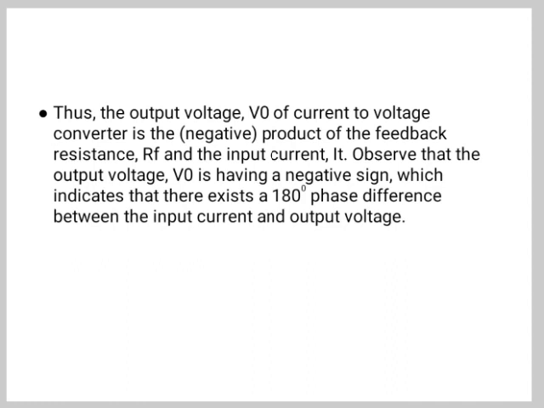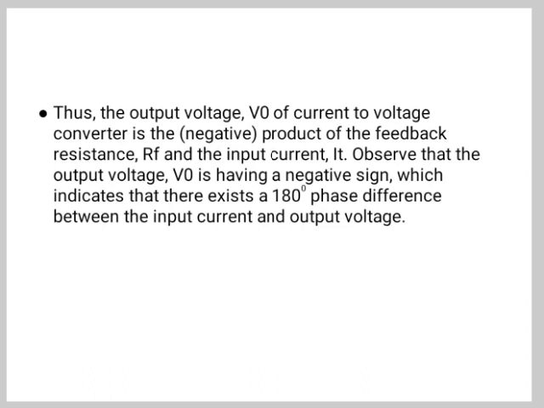Now here the sensitivity S is given as the ratio of output voltage to the input current, which is nothing but a transresistance. So this circuit is also called a transresistance amplifier. Here the output voltage is proportional to the input current, and this type of circuit is more useful for finding a small current of the order of 2 microampere, for example photodiode current. Such a small amount of current is not possible to measure practically.